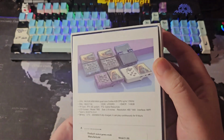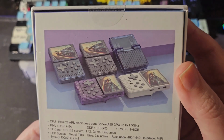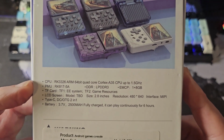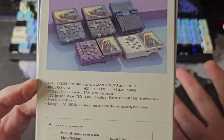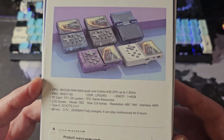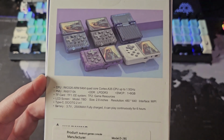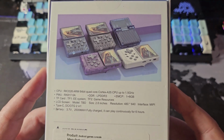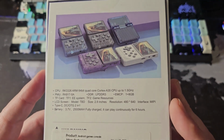And so here it is on the back again. This is a 2.8-inch, so it is a mini. It is running the Rockchip 3326, so we know what this will do. It'll do up through PS1 fairly well. It'll do some Nintendo DS, and then you might sneak in a little bit of Dreamcast and maybe some low-end N64. But this is really going to do...